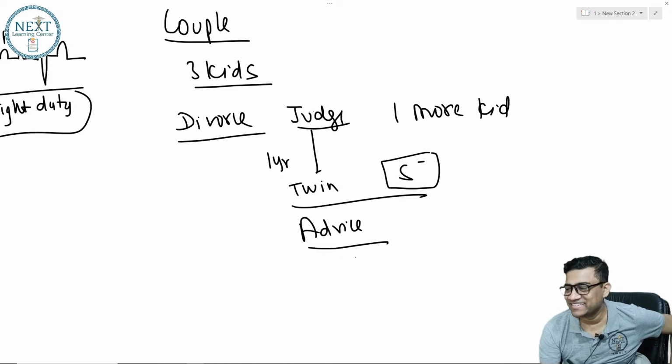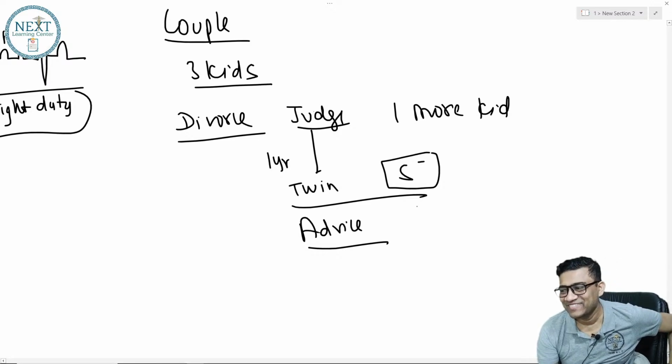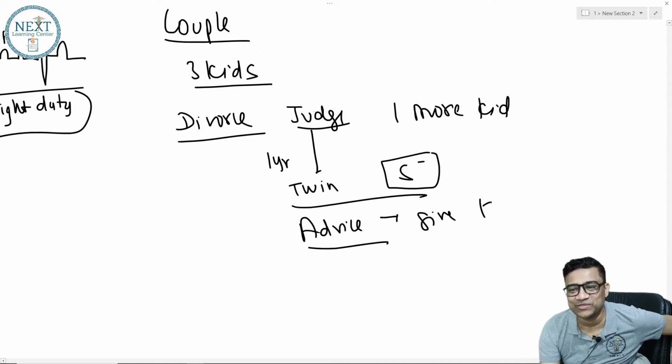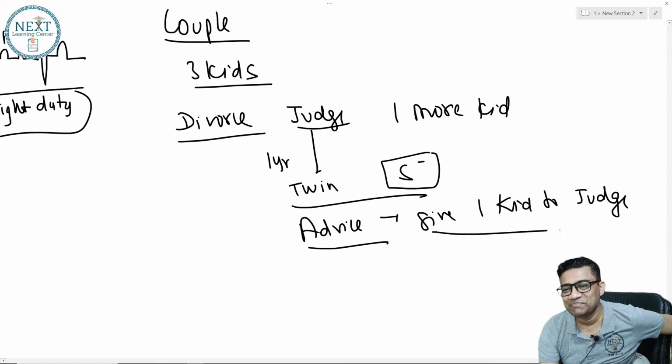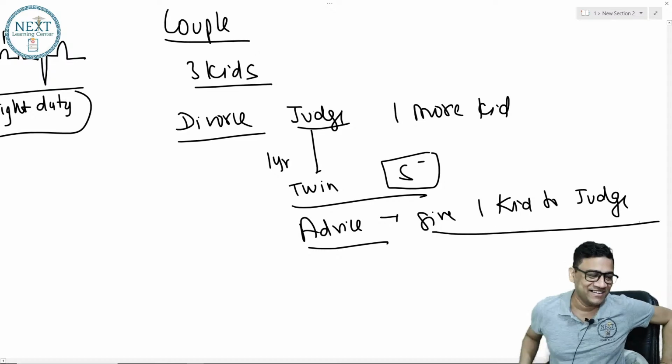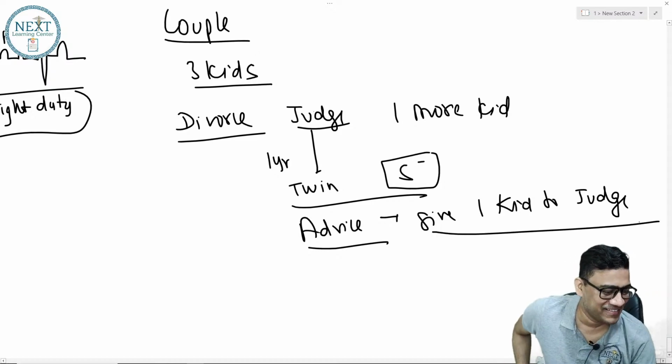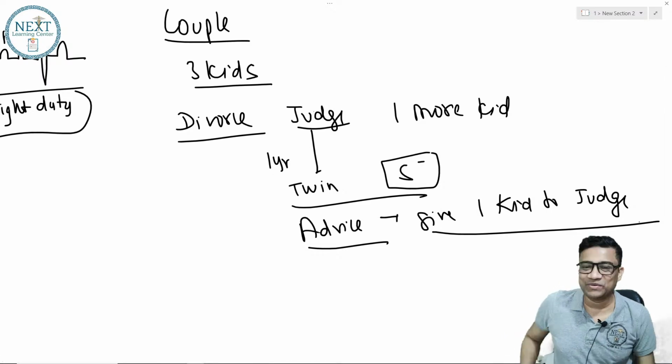Tell me. Chalo. Fake judge. Okay, advice is give one kid to judge. तू रख ले साले. Give one kid to judge. ठीक है, तुम्हें ही शौक था ना बच्चों का, लो तुम रखो एक बच्चा जज को. फिर से या जज शुड कीप वन किड. ओके,